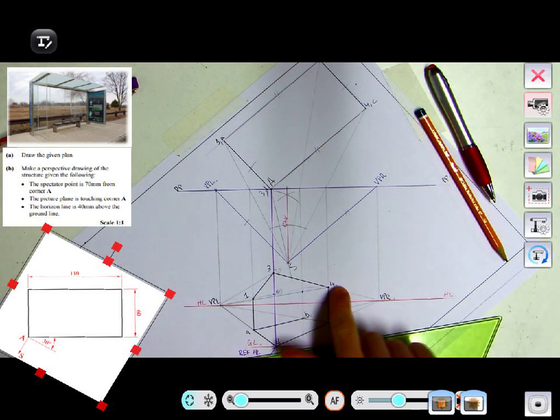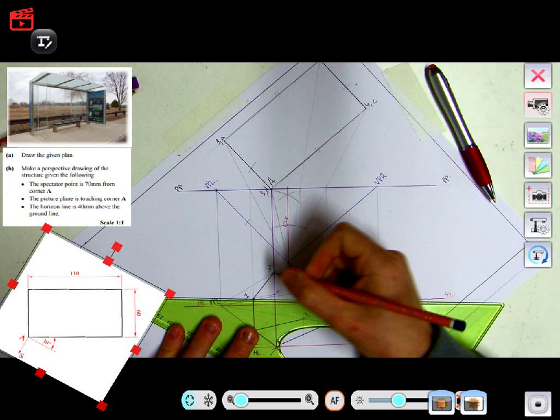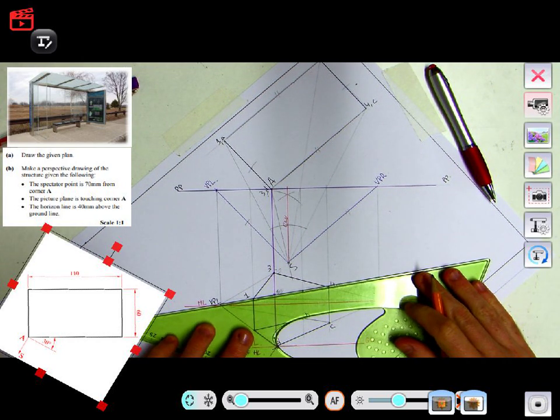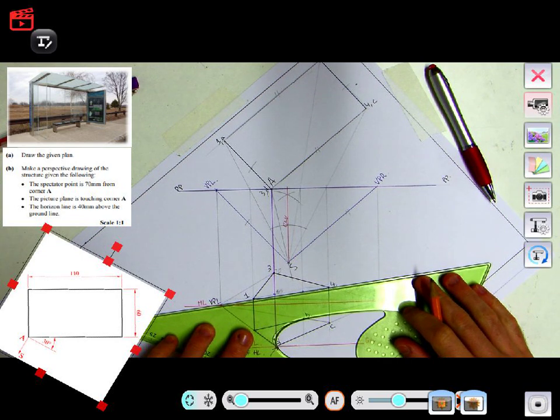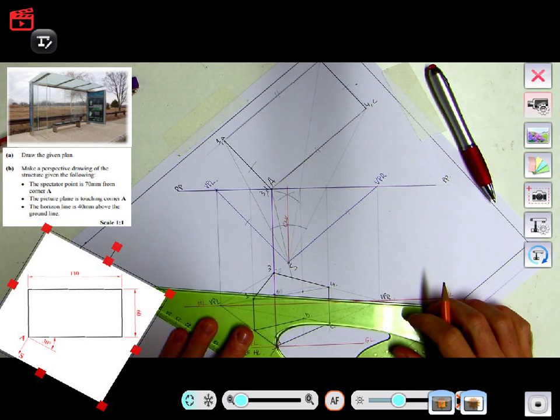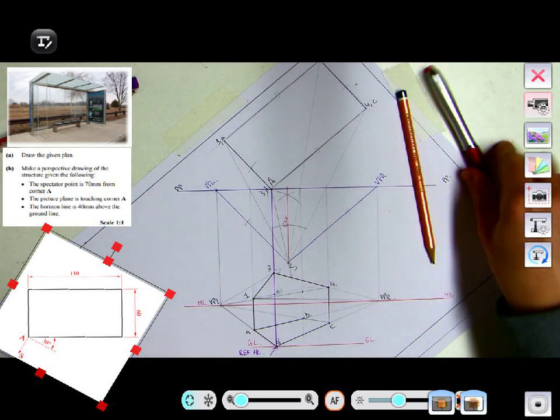So I have to go from the height of 50 that I have, which is here. And if I was to go through the 50 there, and from 50 to VPR, I'd hit the exact same point. So apologies about that. I can't go from 4